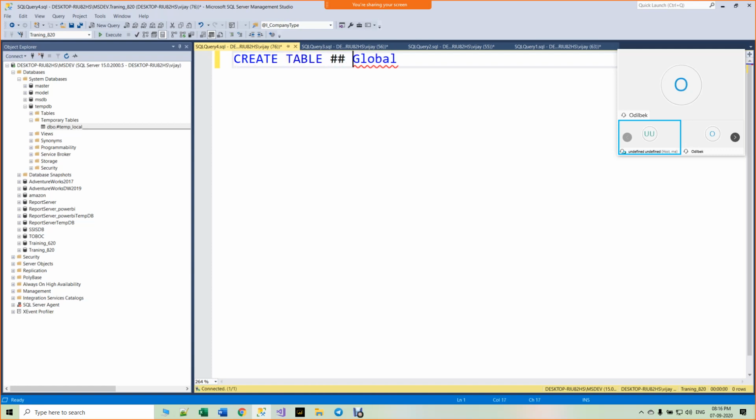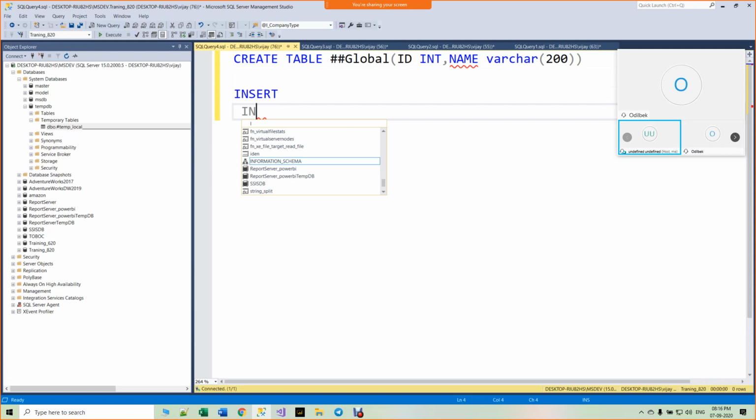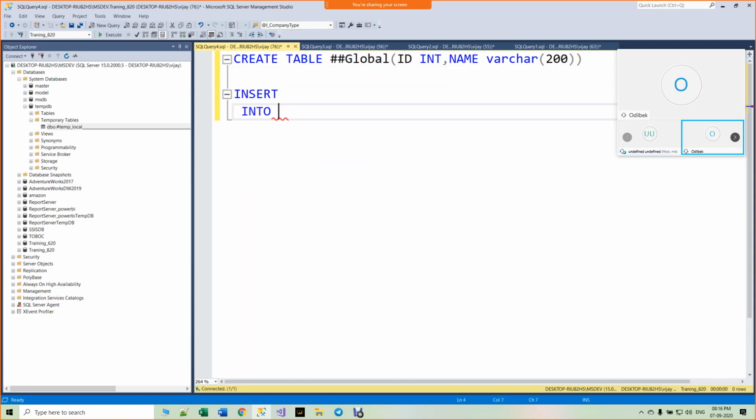Create table, id int, name varchar of 200. Insert into hash global, 1 comma Vijay.